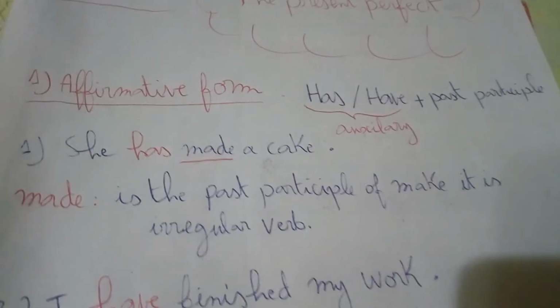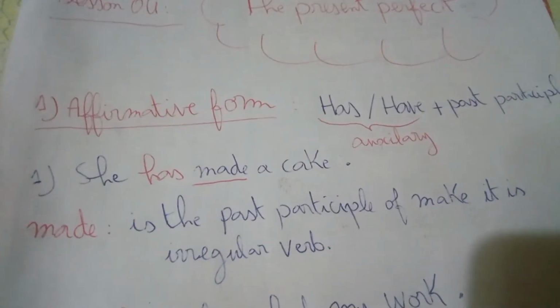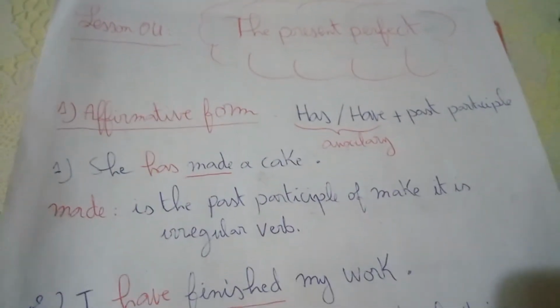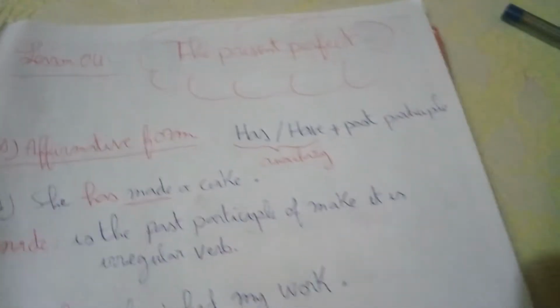So I'd like to start with the first part, the affirmative form, and I will give you the form of the verb of the present perfect in a sentence. Okay, so this is the form: